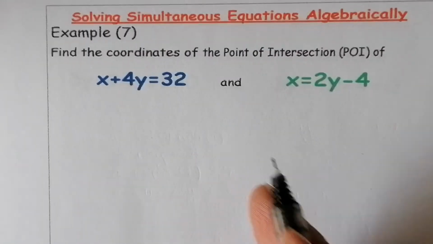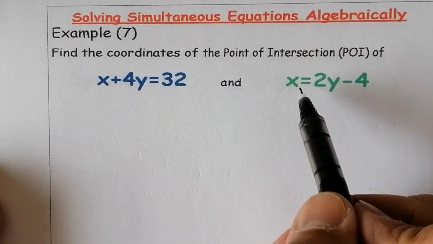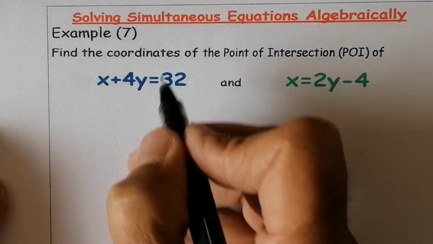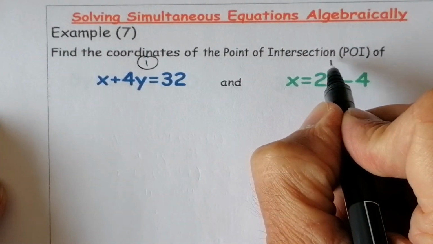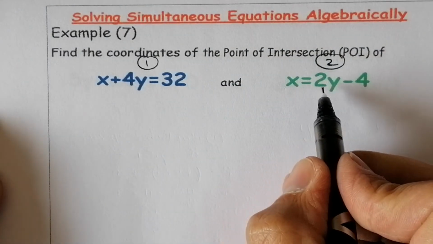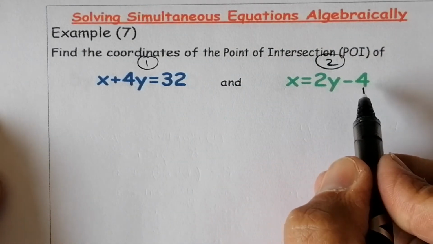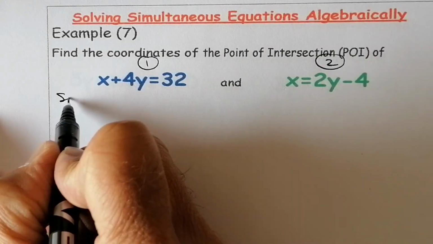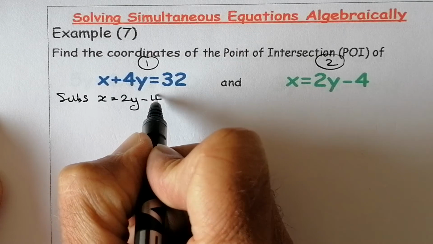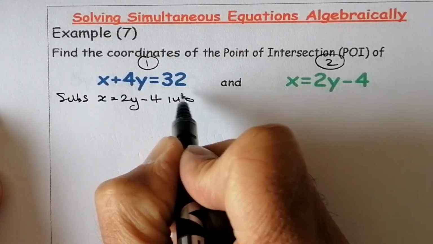So that's what I'm going to do with this question here. I'm going to substitute for x instead of for y. So just a wee bit different, okay? Question number 1. Equation 1, equation 2, right? So I've got x equals 2y minus 4. And what I'm going to do is substitute the x equals 2y minus 4 into equation number